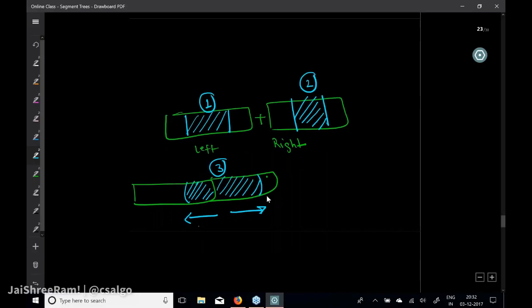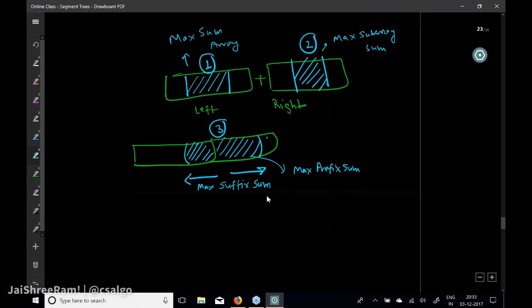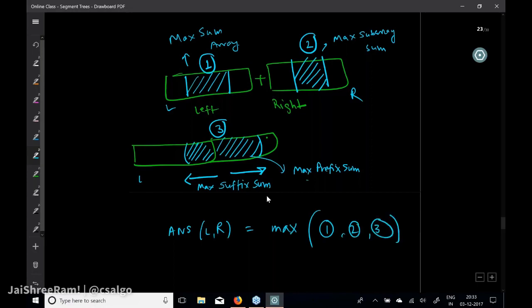ठीक है, सो इसको बनाने के लिए हमें क्या चाहिए, लेफ्ट वाली साइड से मैक्सिमम सफिक्स सम चाहिए हमें। ठीक है, और राइट वाली साइड से हमें क्या चाहिए, मैक्सिमम प्रीफिक्स सम। इसके अंदर हमें क्या चाहिए, दिस इज द मैक्सिमम सब एरे सम एंड दिस इज द मैक्सिमम सब एरे सम फ्रॉम द लेफ्ट पार्ट। तो हमारा जो मैक्सिमम, ये L2R बोल देते हैं, जो भी L2R ये क्वेरी थी। सो आंसर ऑफ L2R क्या होगा, मैक्सिमम ऑफ दीज 3 ऑप्शंस, ऑप्शन 1, ऑप्शन 2 एंड ऑप्शन 3। अब मैक्सिमम प्रीफिक्स सम क्या होगा और मैक्सिमम